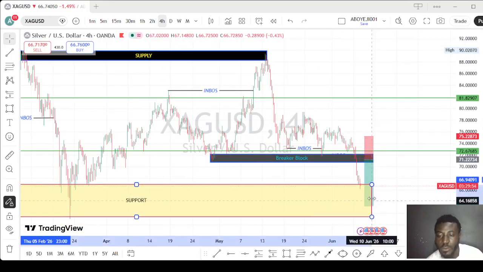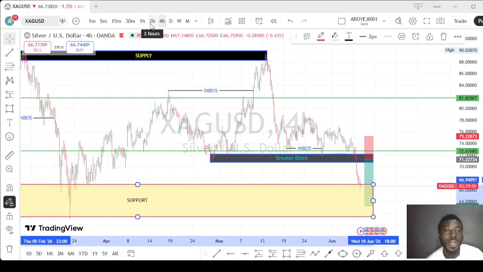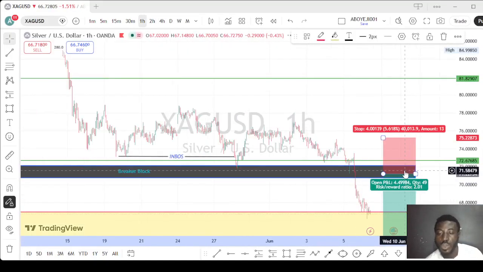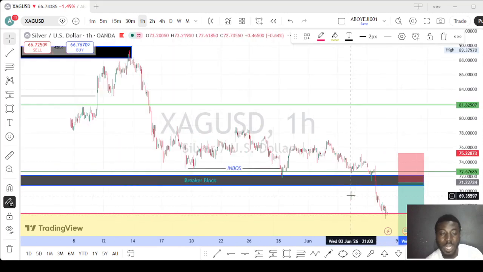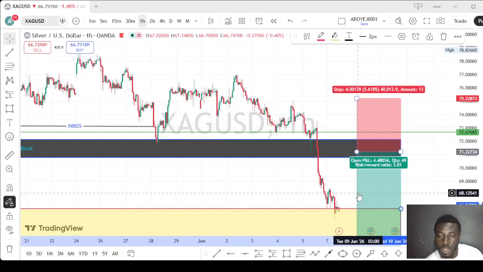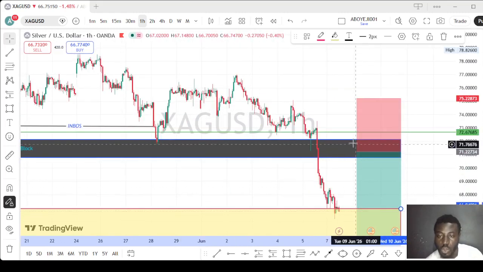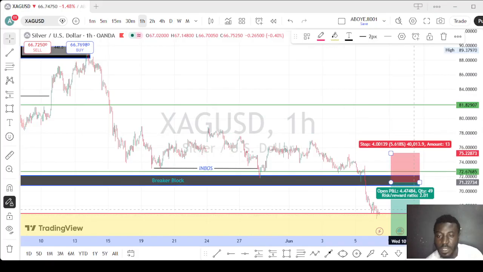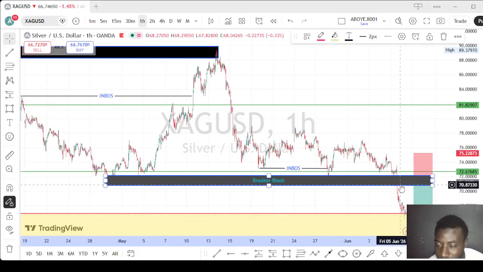So let's move to the 1 hour time frame. I used to say the 4 hour and 1 hour time frames are the analysis time frames. What we just need to do on the 1 hour time frame is redefine the entry. If we redefine the entry on the 1 hour time frame, definitely we are still expecting the market to